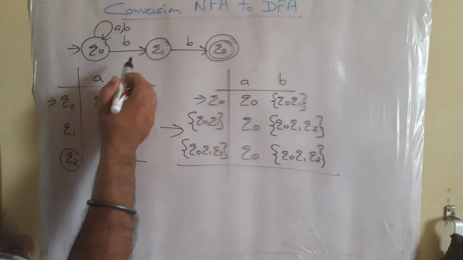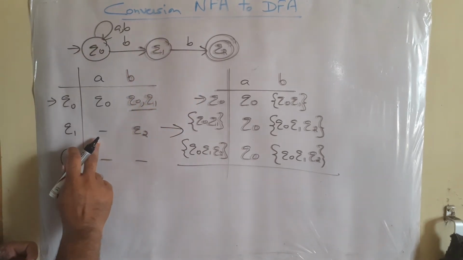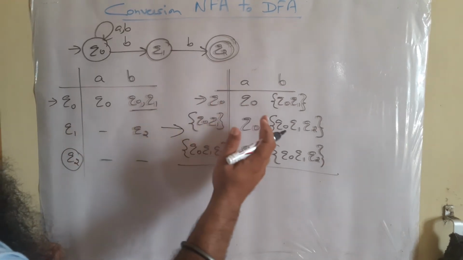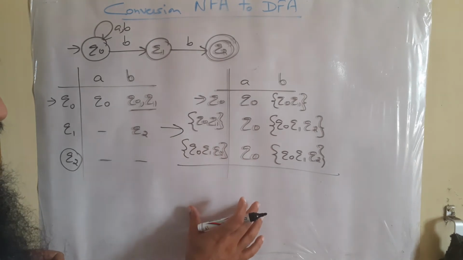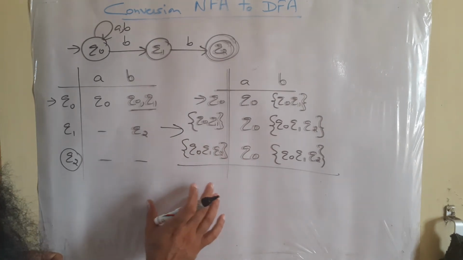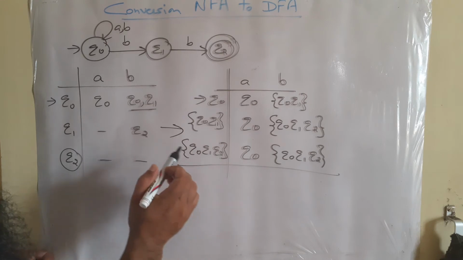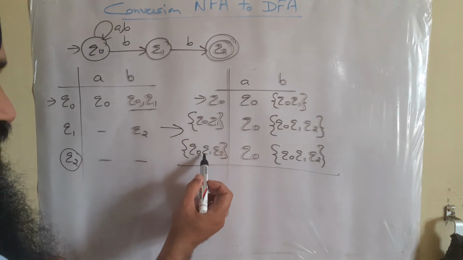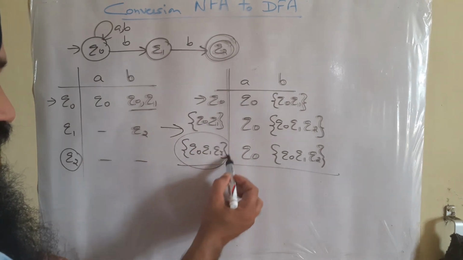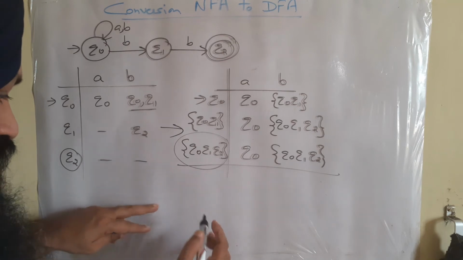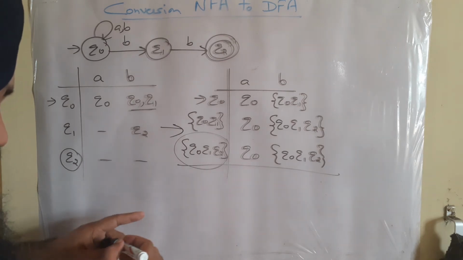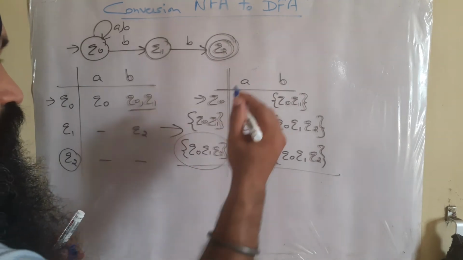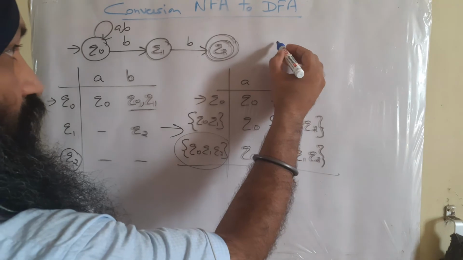The first step is, from the given diagram, we need a transition table. Now we have to convert the transition table to a table for DFA. And the third and last step is that we can create the diagram. But before that, remember, if Q2 is the final state here, you have to identify in these states where Q2 is. So this is going to be the final state for the DFA diagram. So let's draw the diagram.